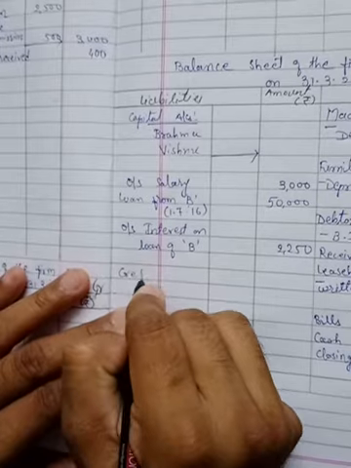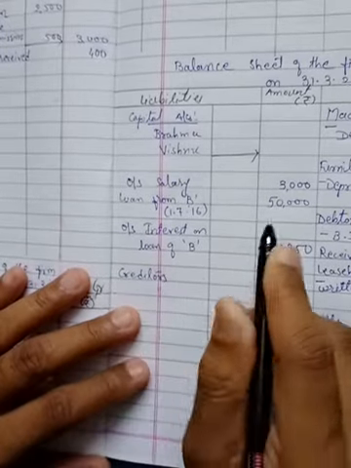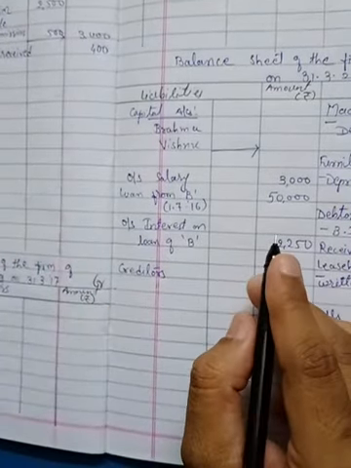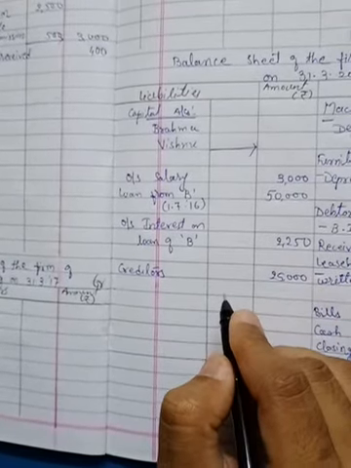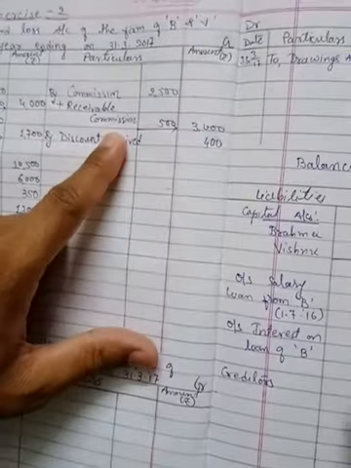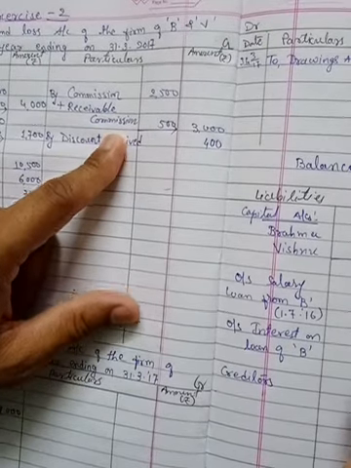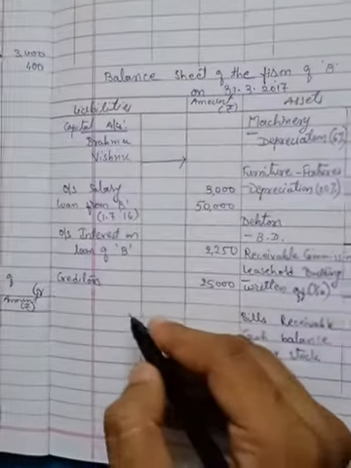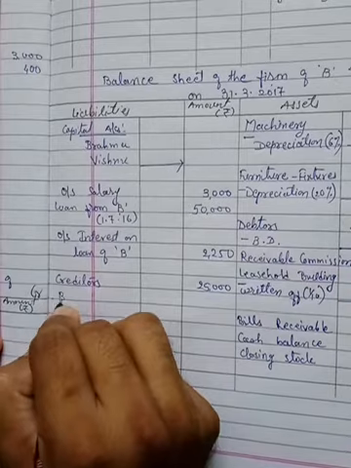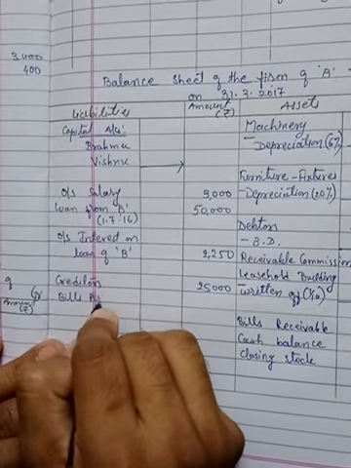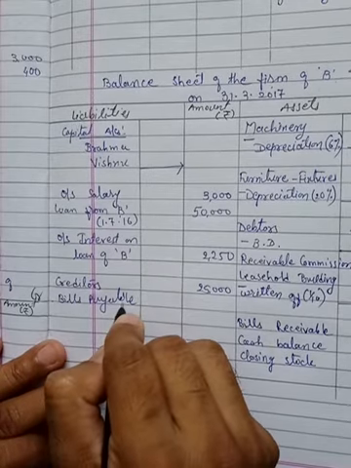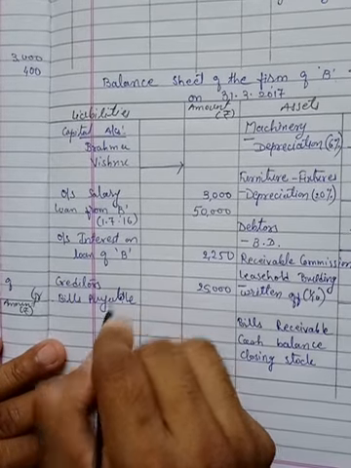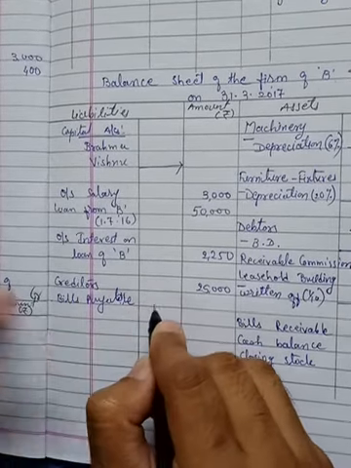It is our liability, so creditors on the liability side, which is available 25,000. Then commission, it was recorded in your profit and loss account, there was an adjustment. Bills payable is also our liability, so on the liability side of the balance sheet, bills payable is available